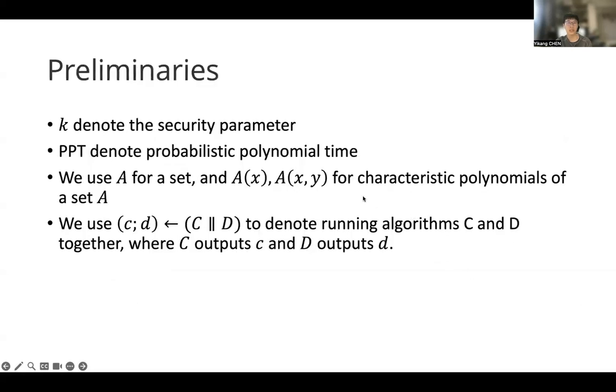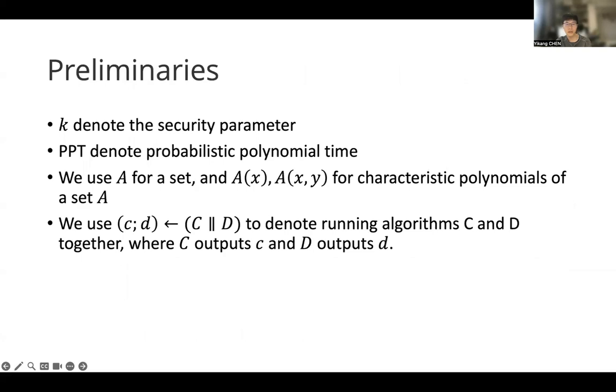So before we show the intuition behind this ESA scheme, let's simply go through the necessary background to understand the paper. The first is that we use k to denote the security parameter, and PPT denotes probabilistic polynomial time.